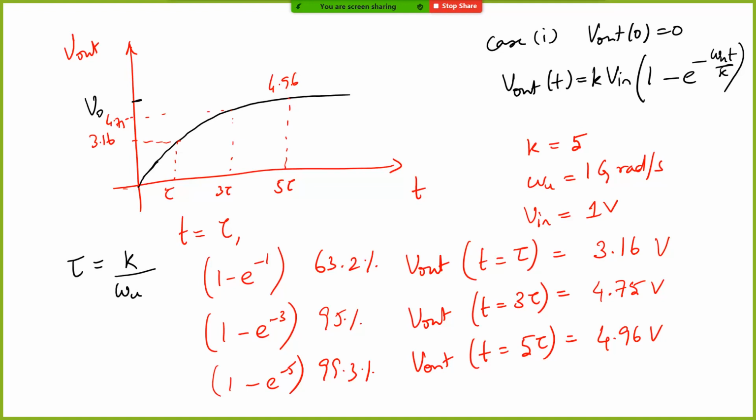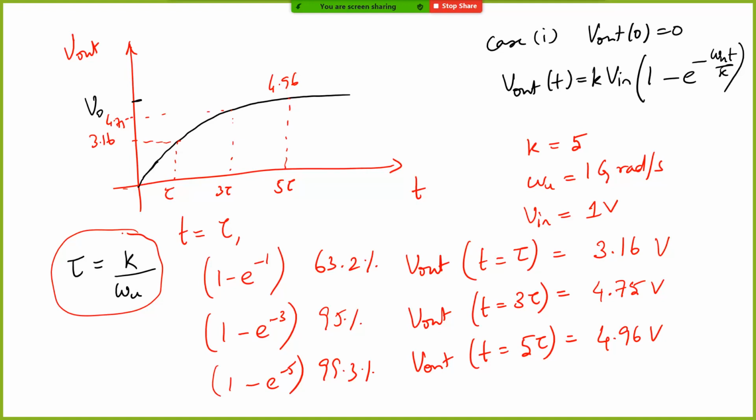So what does this tau tell us about this first order system? It conveys the idea of how fast my amplifier is going to respond to changes. Suppose there is a change in the input, some step change, or maybe some ramp change, or any other change. Now, how fast is my system going to respond? That is given by this tau,